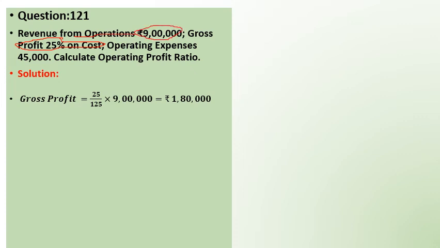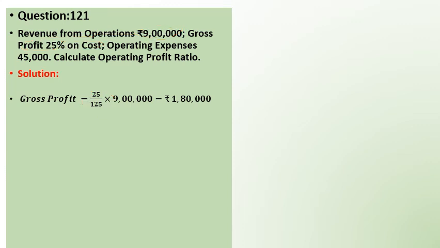So that's what we are taking: gross profit is calculated over here as gross profit rate divided by 100 plus gross profit. That is the one piece of information we have to remember while converting from cost to sales. So over here cost is given and sales is 9 lakhs. We are comparing, that's why we have to calculate this ratio. Remember the ratio after charging, like manager commission after charging commission. In the same way we will calculate over here.